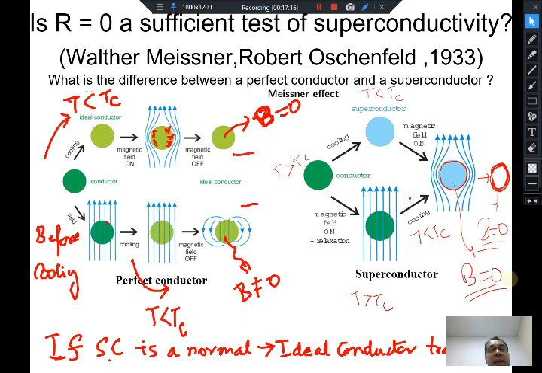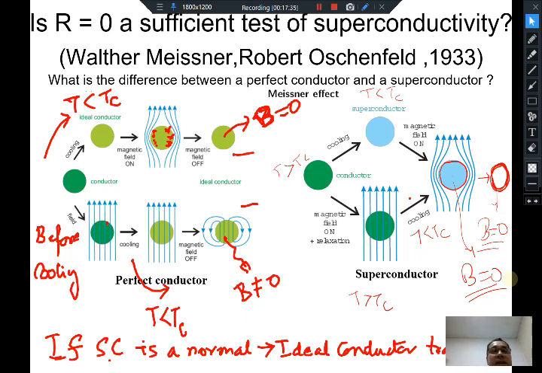This is completely different from that of an ideal metal, where depending on the path taken, it can either reach a state where B is equal to 0 or a state where B is not equal to 0, depending on how you have applied the magnetic field, either below Tc or above Tc.